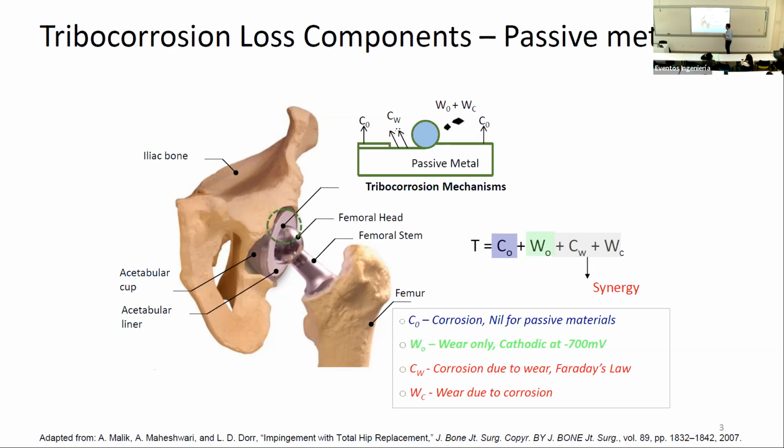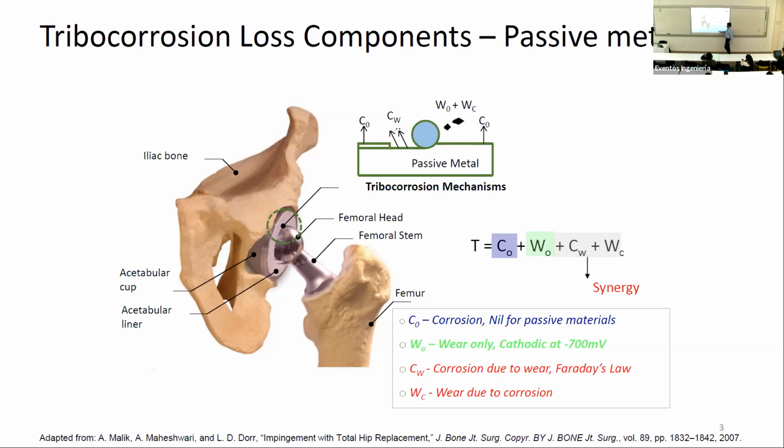However, in this configuration here where we have rubbing, this passive film is being all the time damaged and removed, and then we start getting some oxide, and the oxide gets as a third body particle within the contact, and we start having an accelerated corrosion due to wear, and the oxide, which is a product of corrosion, will start causing more wear, and we start getting a lot of synergy between the corrosion phenomena and the wear phenomena inside